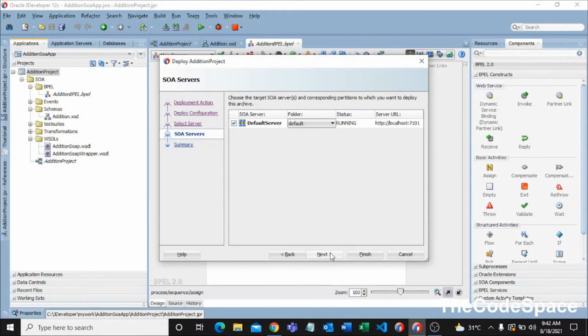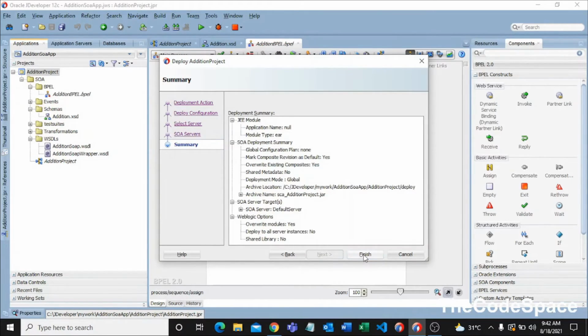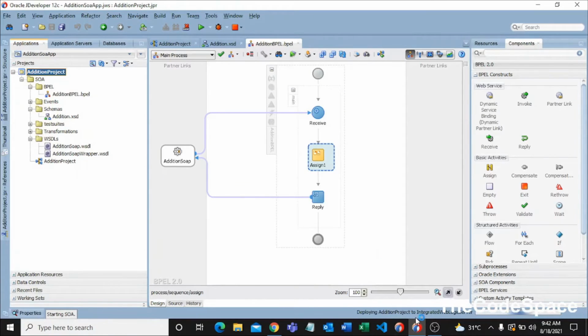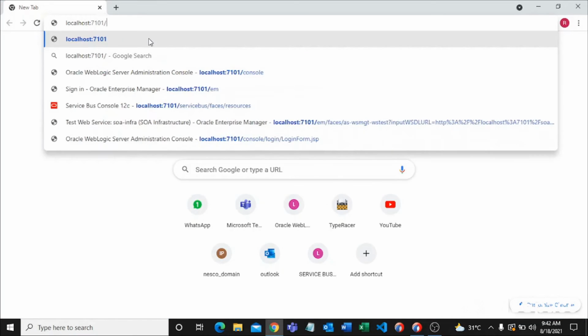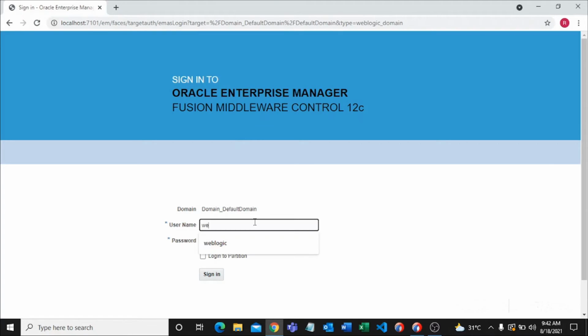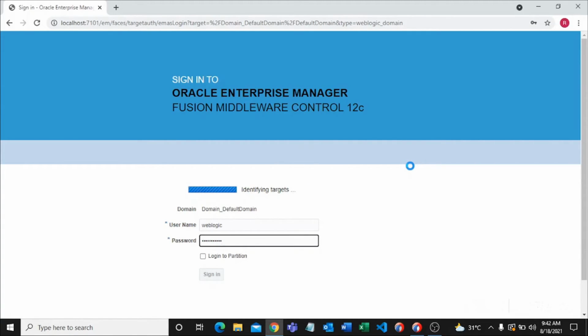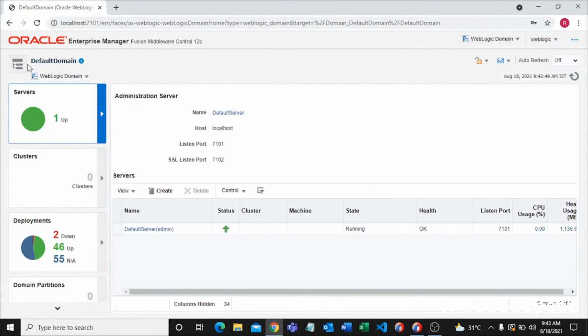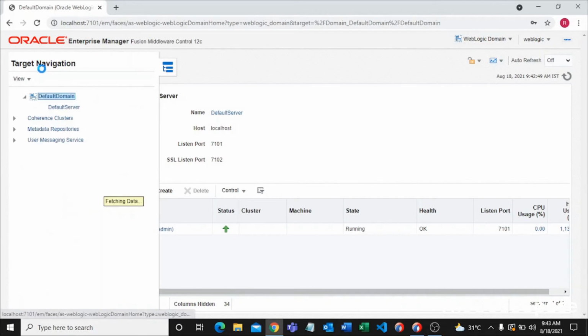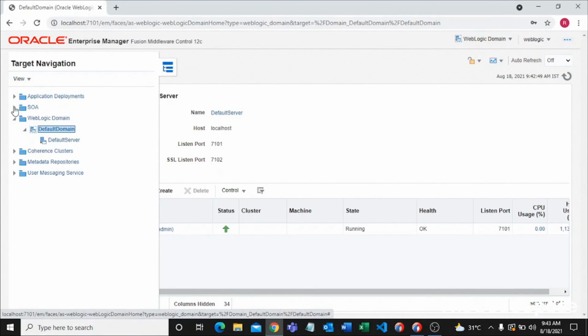So I will go in my browser and I'll say localhost 7101 console. Okay, so now it's running. Now I'll pass my username and password. Okay, so I passed that. It might take some time. I will click on this, and I'll go in SOA infra.